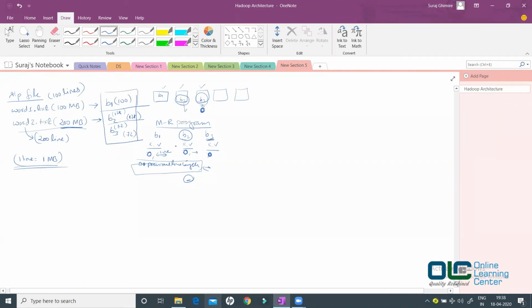Done. So once your key value pair is given, now this B1 data would be processed by your mapper. B2 data would be processed by your mapper. B3 data would be processed by your mapper. Now I want you guys to answer: what is a mapper, guys? Can I say it is basically a Java class? From a coding point of view, can I say that my mapper is nothing but a Java class, a Java class which I write, right?